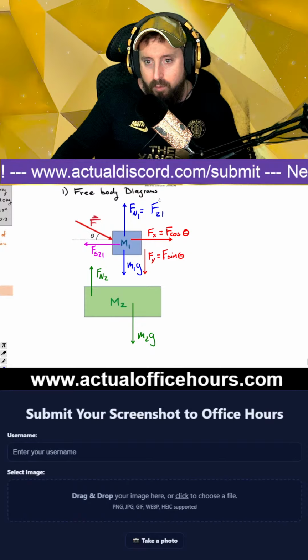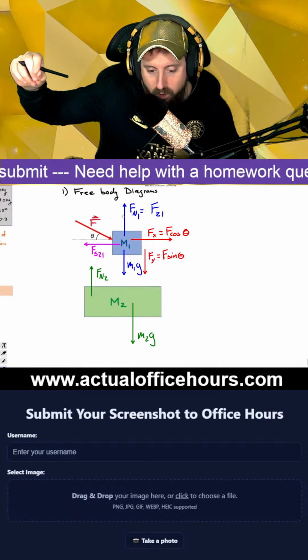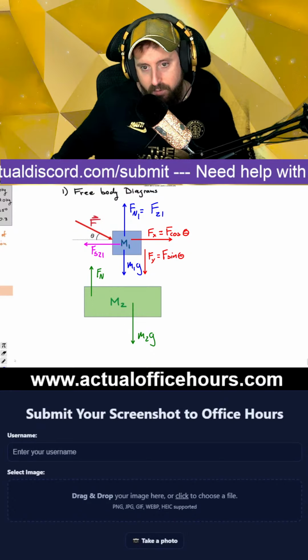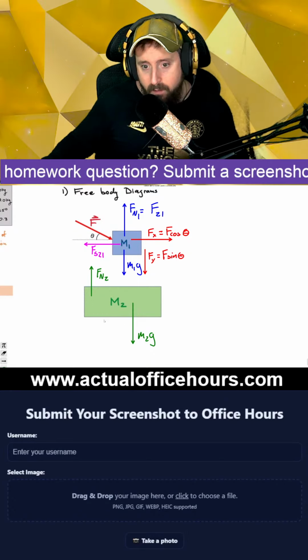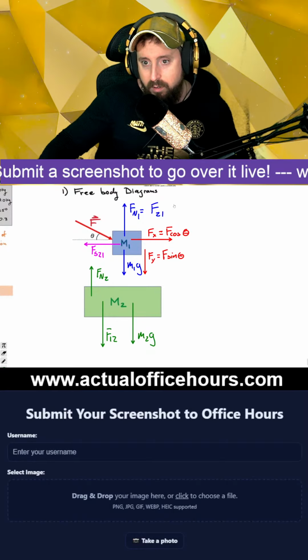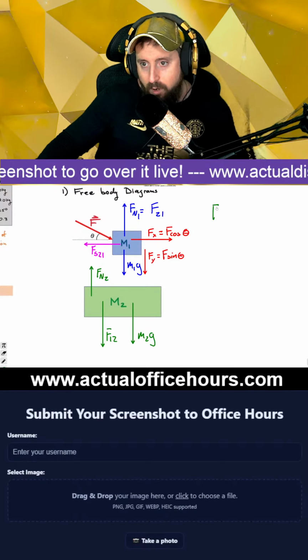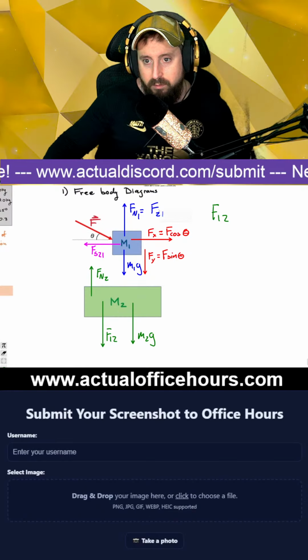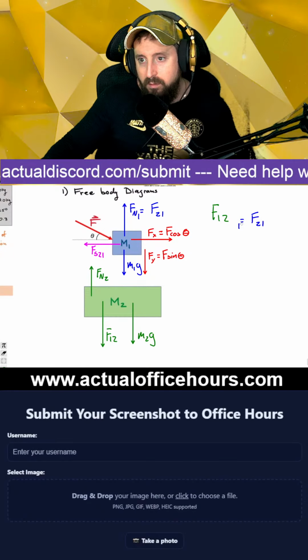So if the normal force on block 1 is because 2 is acting on 1, that same force is provided on block 2 in the downwards direction. And that's because we're going to call this F12. But F12 equals F21. So the force of 1 on 2, this on this,